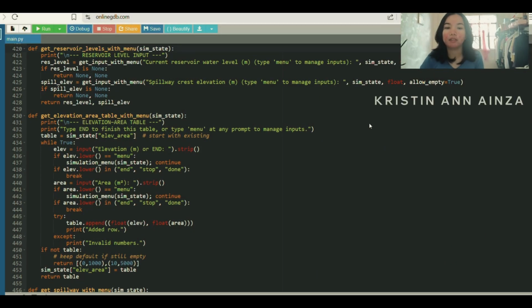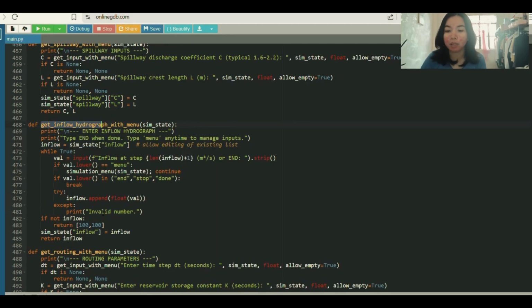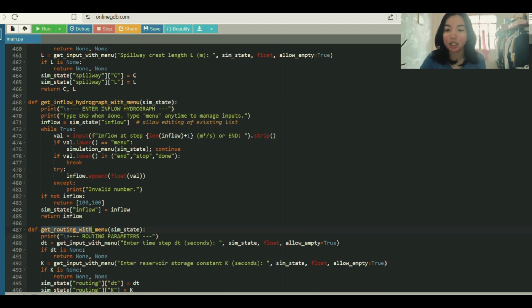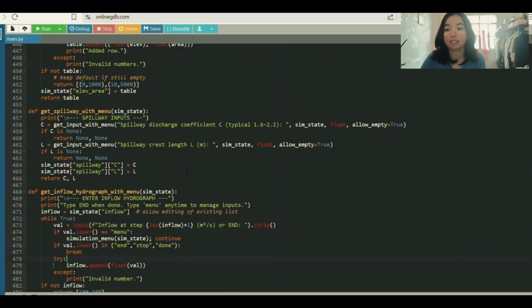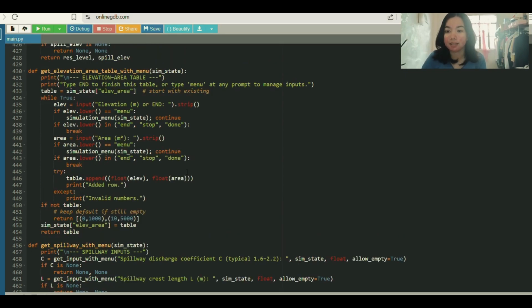So the next part of our program is the structured input functions for hydrologic and structural parameters. This part focuses on creating input-driven modules that gather all required simulation data in an organized and validated manner. There are functions such as get reservoir levels, get elevation area table, get spillway inputs, get inflow hydrograph, and get routing parameters that guide the user in entering elevation values, surface areas, spillway coefficients, inflow sequences, and routing constants, where